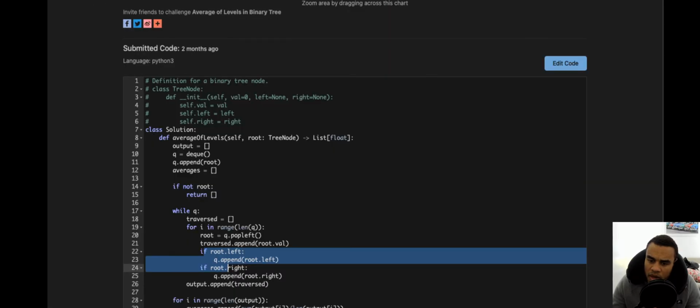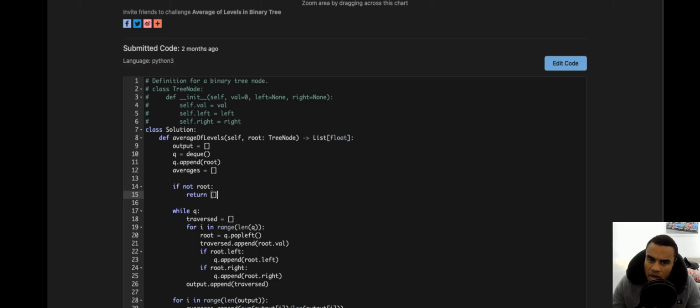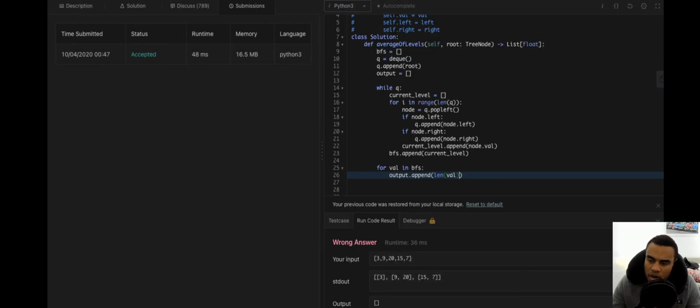Oh yes, of course, the sum operator. They're probably the sum, sum them up and divide by the length. Sum of val divided by the length. Return output.